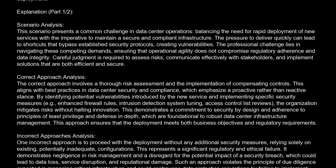Explanation. Scenario analysis. This scenario presents a common challenge in data center operations, balancing the need for rapid deployment of new services with the imperative to maintain a secure and compliant infrastructure. The pressure to deliver quickly can lead to shortcuts that bypass established security protocols, creating vulnerabilities. The professional challenge lies in navigating these competing demands, ensuring that operational agility does not compromise regulatory adherence and data integrity. Careful judgment is required to assess risks, communicate effectively with stakeholders, and implement solutions that are both efficient and